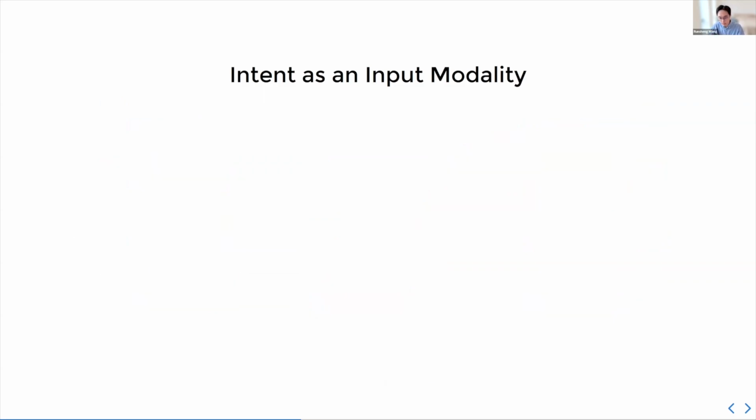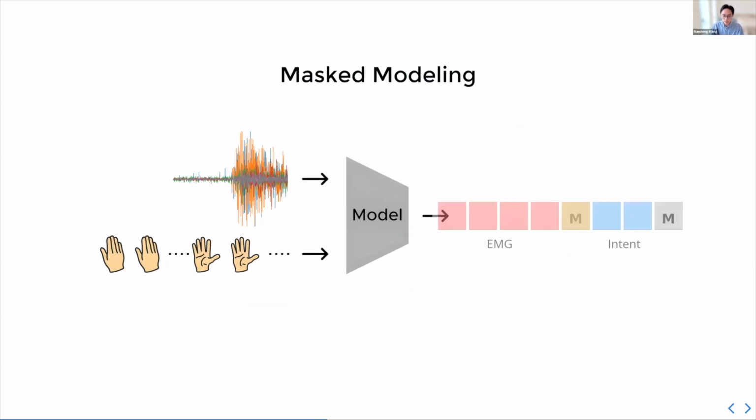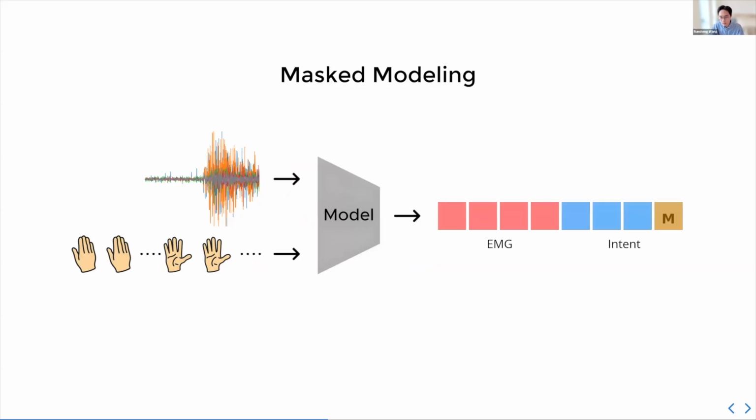So we're asking, can we do the same thing here? Can we put EMG and gesture both as input and get some output, right? So what is the output? In this case, we're formulating this as a BERT-style mask modeling problem, where we mask different parts of the input and ask the model to reconstruct the masked portions. So this turns the supervised problem into a denoising problem, almost.